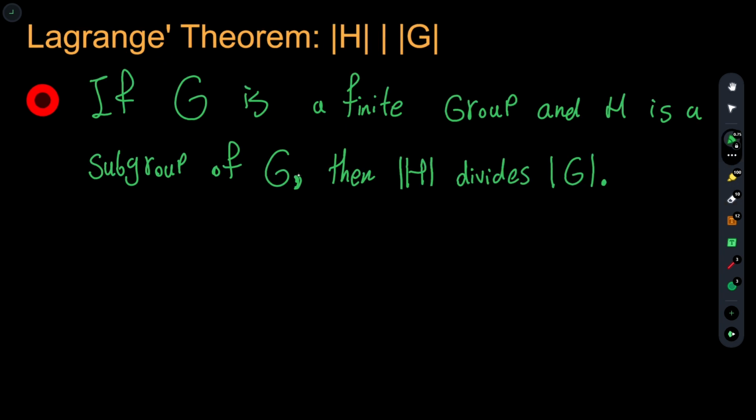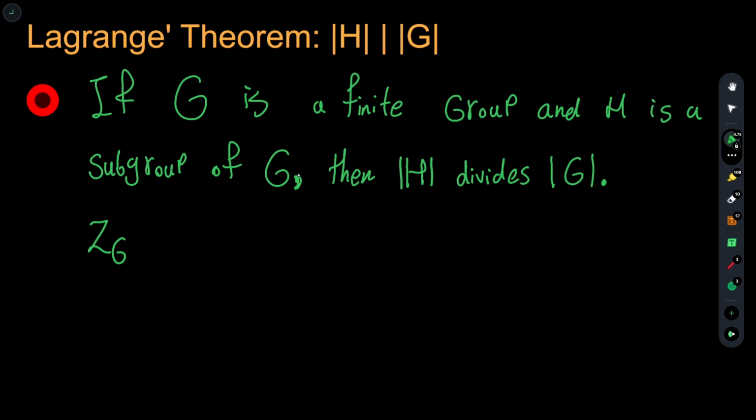So this is Lagrange's theorem, and I'm just going to state it. I'm not going to prove it because it takes a whole other video to prove this theorem. I'll just give an example so you can understand it. If G is a finite group and H is a subgroup of G, then the order of H divides the order of G. And an easy example for that is to consider the group